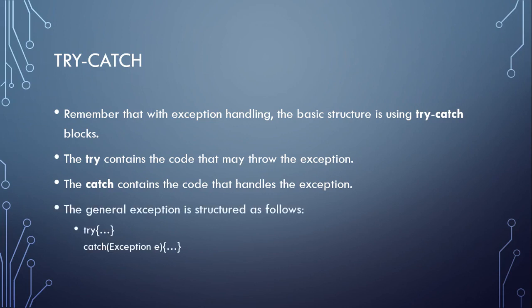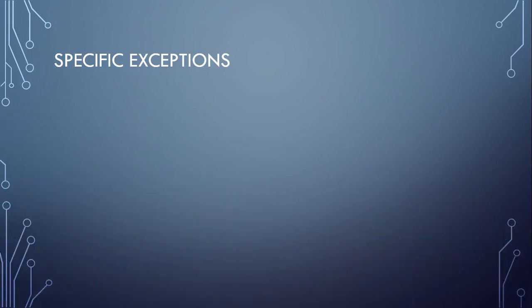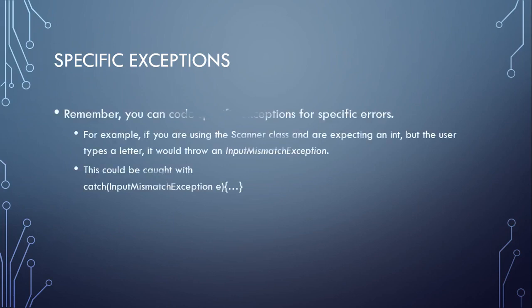Now the general exception is structured as follows. You have try with some code in between, and then catch, like exception E or whatever the name of the exception is, and the stuff inside of that. Now there are specific exceptions. Exception E is what we use there, a general exception, but you can code specific exceptions